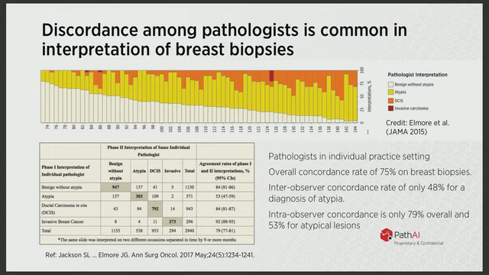And quite strikingly, and this was published in JAMA, a great journal, about 4 years ago now, they show this incredible distribution of different diagnoses among each case. So this is really why you might want a computational approach. There should be the same color. This should just be one big color or maybe a few outliers. But for almost any case, there's a significant proportion of people calling it normal, which is tan, then atypical, which is yellow, and then actually cancer, which is orange or red.